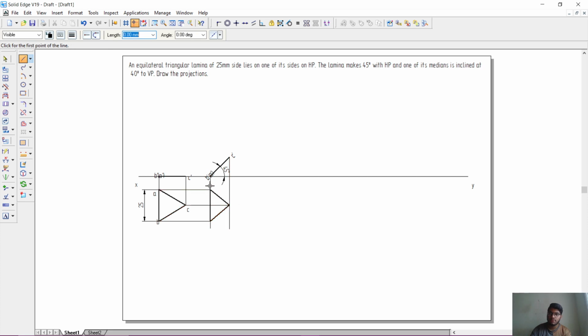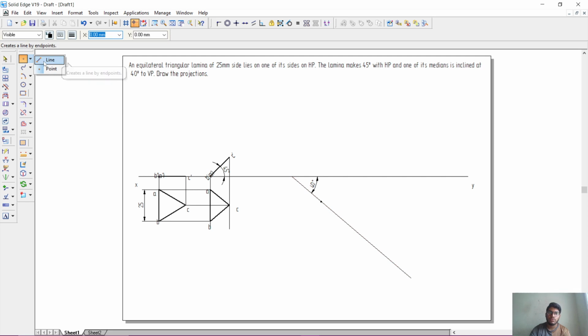We get a triangle and name the triangle A, B and C. Now take a line of 0.13 mm and from the XY line draw a 40-degree line. Go to angle between, measure the angle between the XY line and this line. We get 40 degrees, and go to point and locate a point on the 40-degree line